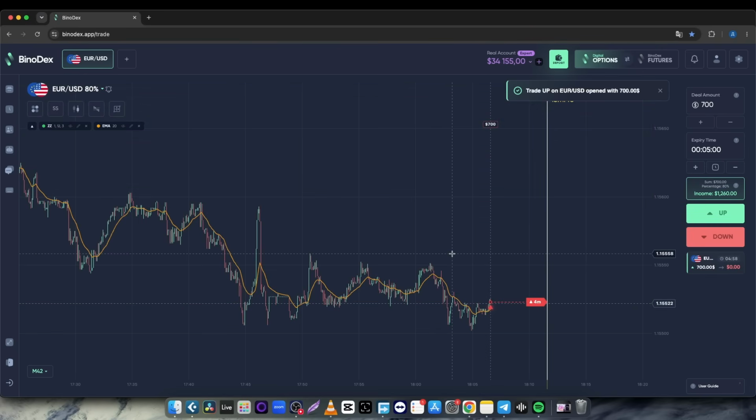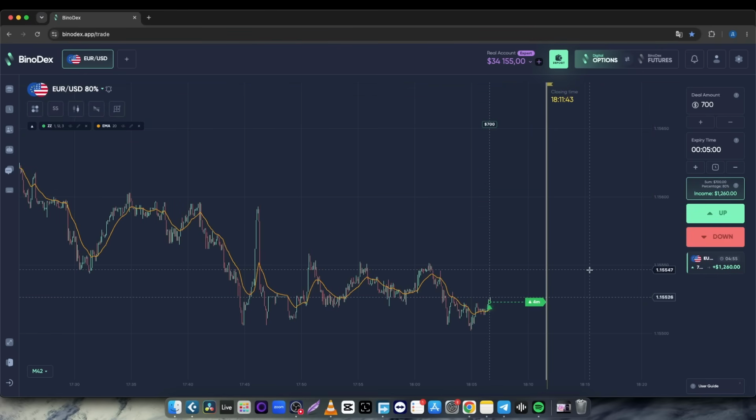While trading is in progress, let's talk about the benefits of artificial intelligence for trading and how beginners can use